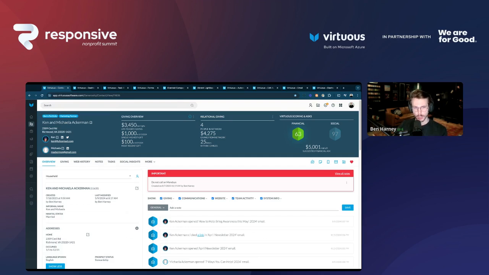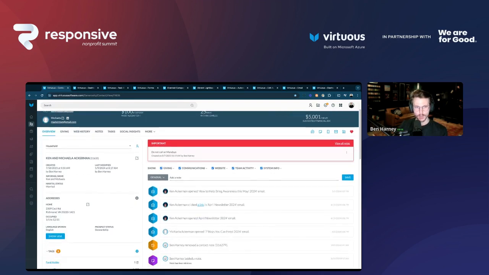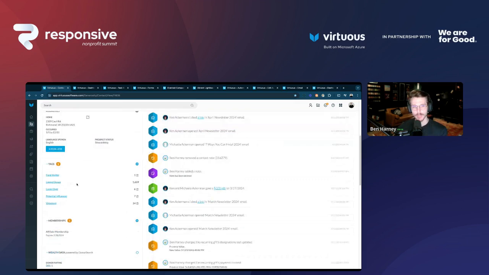So we're going to go down and look at some tags here. Okay. Tags are going to be the main way that we think about segmentation, about differentiation in Virtuous. Now, this can be used for just about anything you can imagine. Maybe this is going to be giving tiers. Maybe it's going to be membership of giving societies. Maybe it's going to be